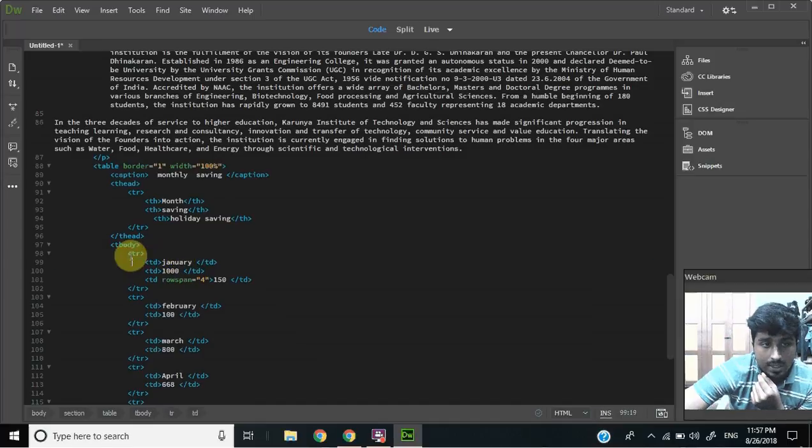So here tr is a single row consisting of 3 columns, and we can keep a rowspan if required, and similarly we created